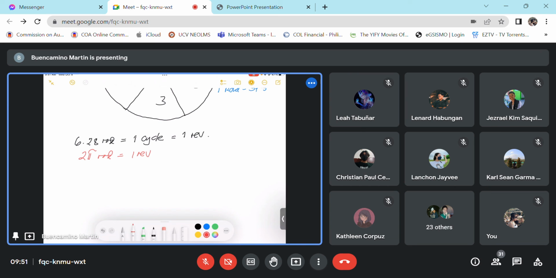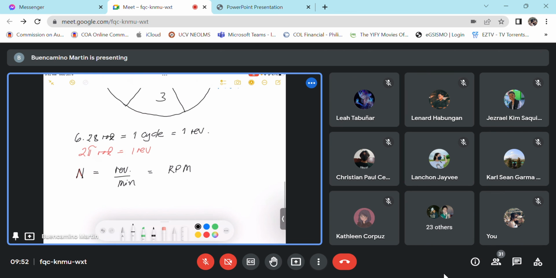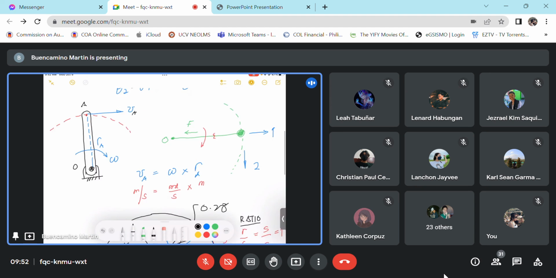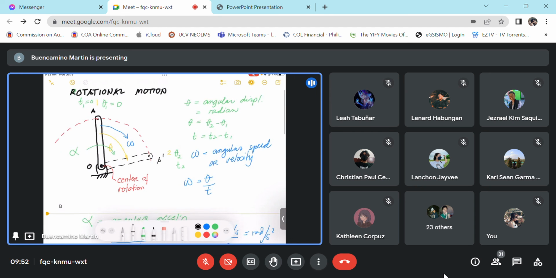Okay. Now, rotational motion can sometimes be given in terms of RPM, or revolution per minute. So kapag ganyan ang makikita niyong symbol sa rotational speed, this is actually expressed in revolution per minute, or this is rather known as RPM. Now, but in all the formulas mentioned above,